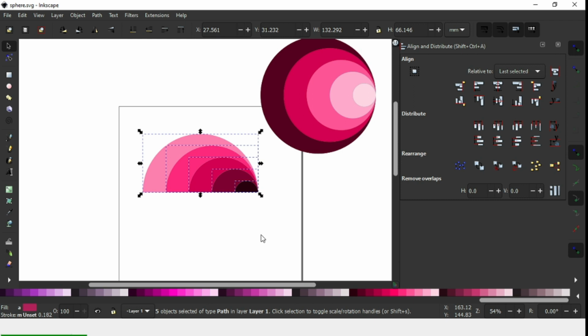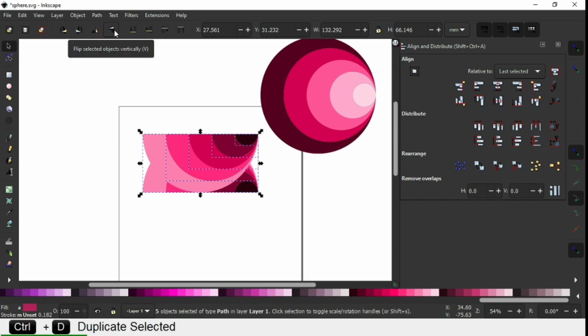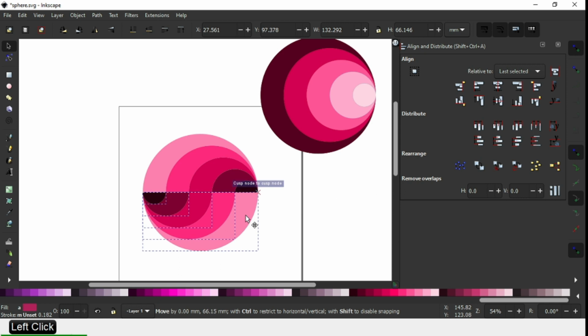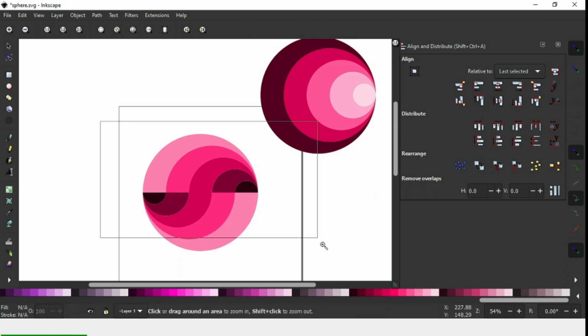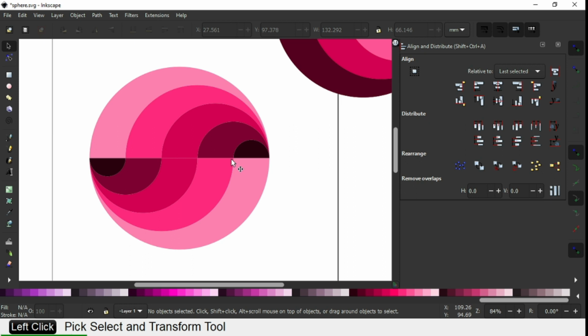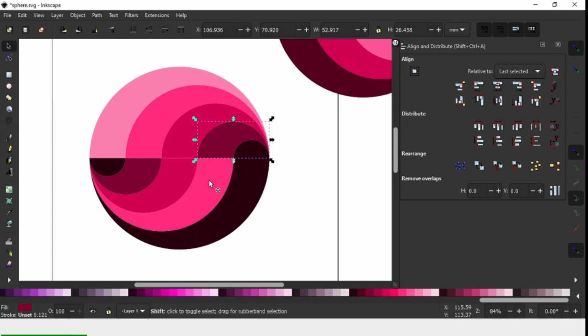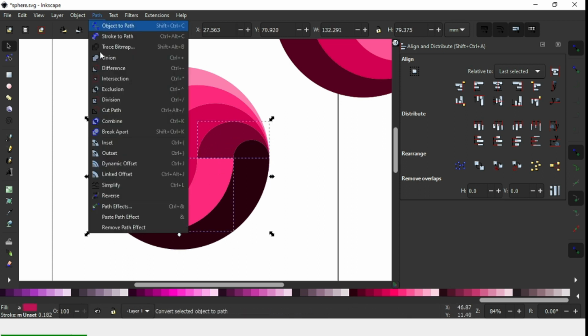Now select these objects, duplicate it, flip it, again flip these objects and snap like this. Now select these two, click on Union, select this and click on Union.